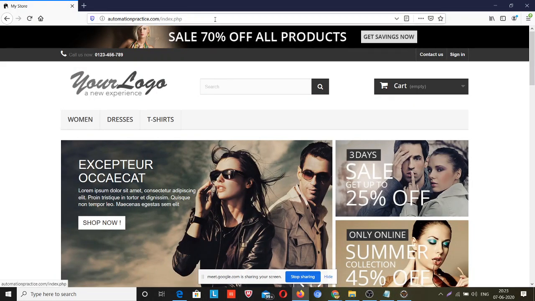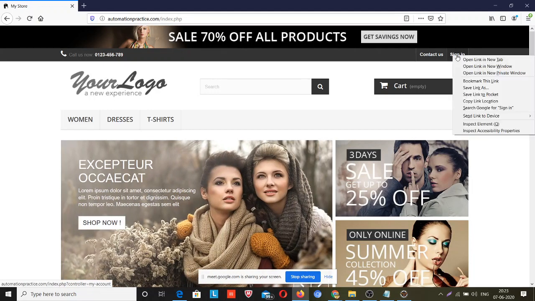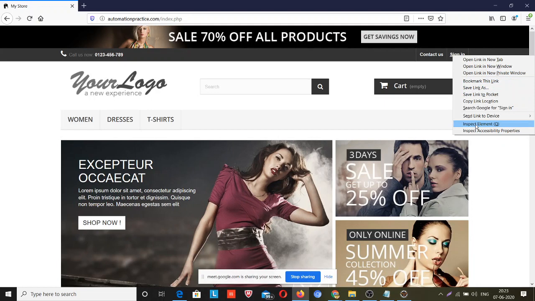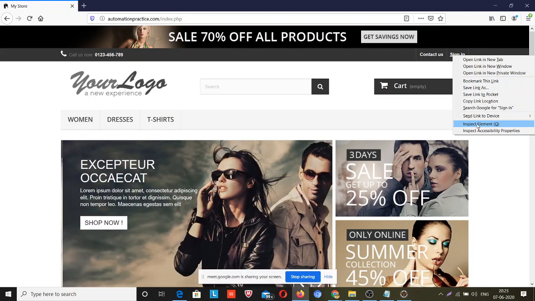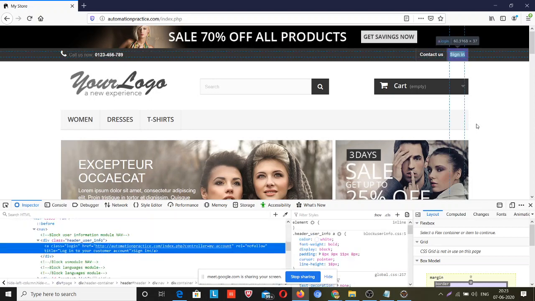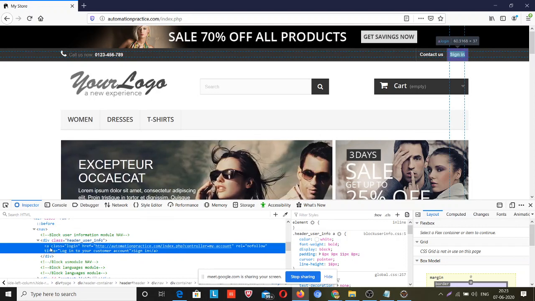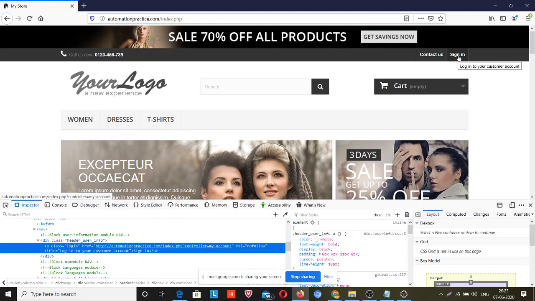So I came to this URL, and now what I will do is right click on this. Now here you can see inspect element. Now you can see this, what is this element? This is the anchor element. It means it's not a button, it's a link.